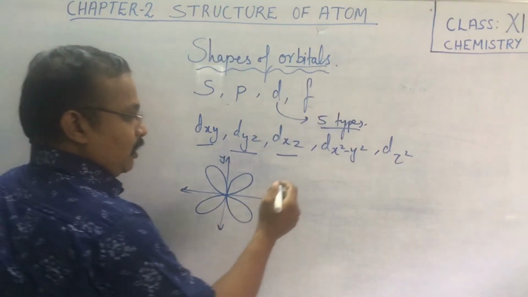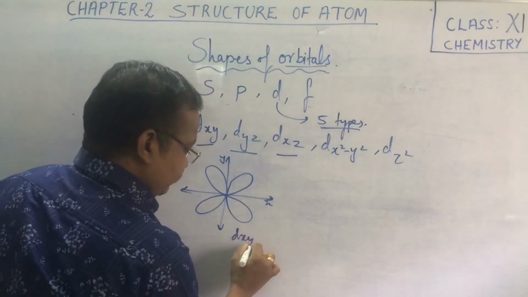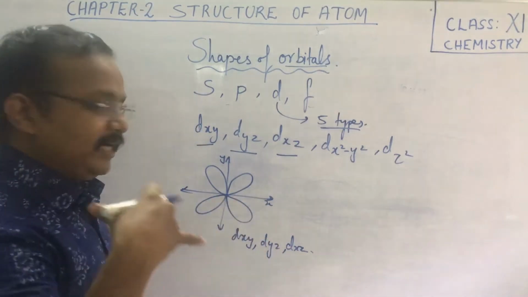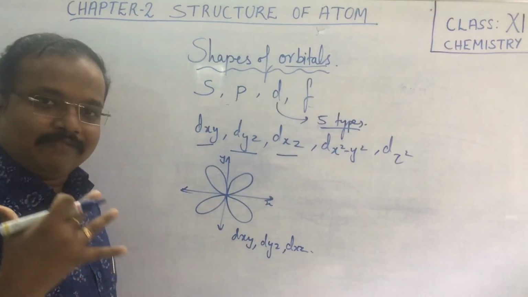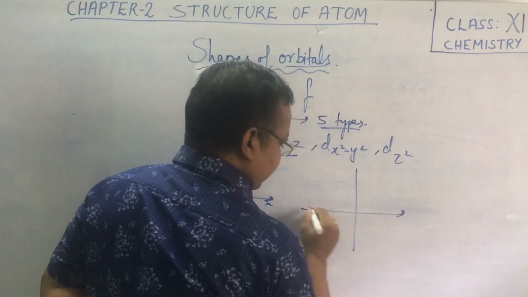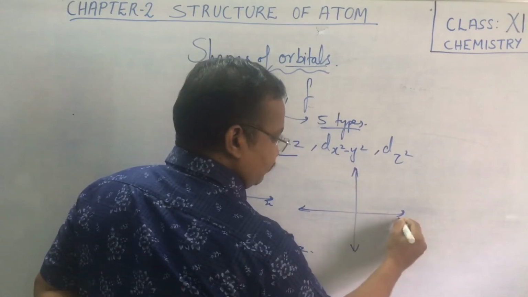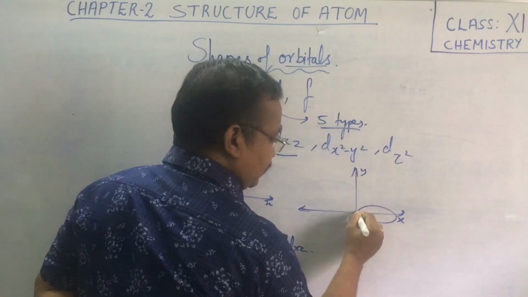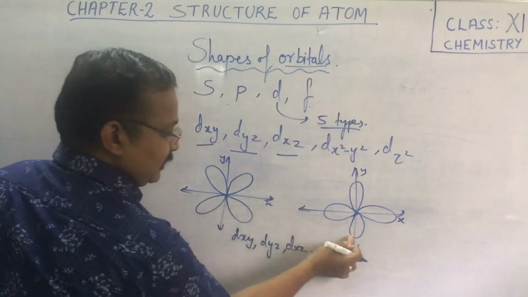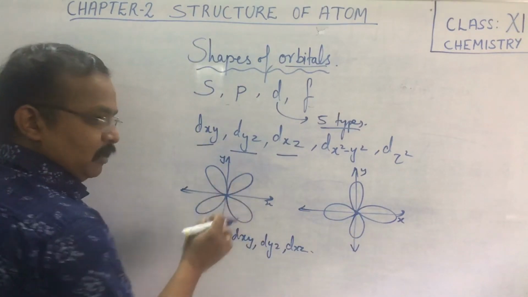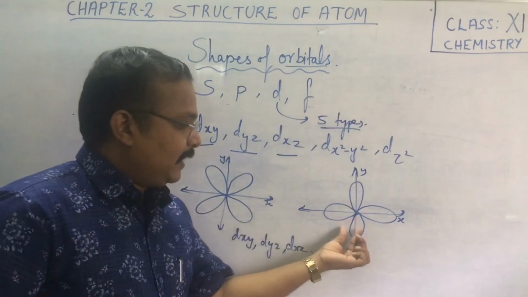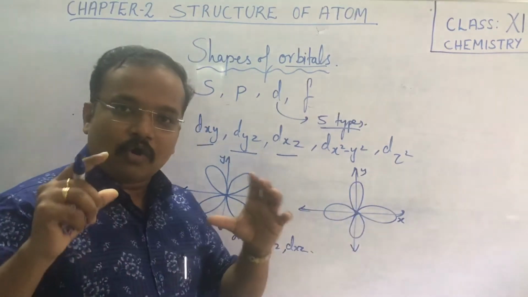Okay, now these are the 3 orbitals, dxy, dyz and dxz, similar in shape, and dx square minus y square also has a similar shape, but the difference is that they are on the axes. If it is the x and y axes, these double dumbbells are found on the axis. Children, what is the difference between these two is that these lobes are not on the axis. But here you can see these lobes are on the axis.